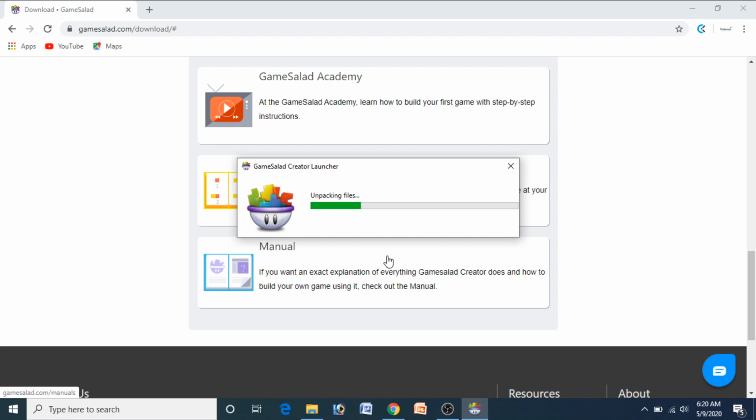The system is unpacking the file, and once it is done, I'll let you know about the logo. Let me explain that logo. The logo signifies that a number of characters are merged together in a bowl, and that ball is the scene. This scene creates the file which you need to play a game. The downloading is complete. It's unpacking the file, and once it's done, we'll see what hindrances we face further before installing this creator.